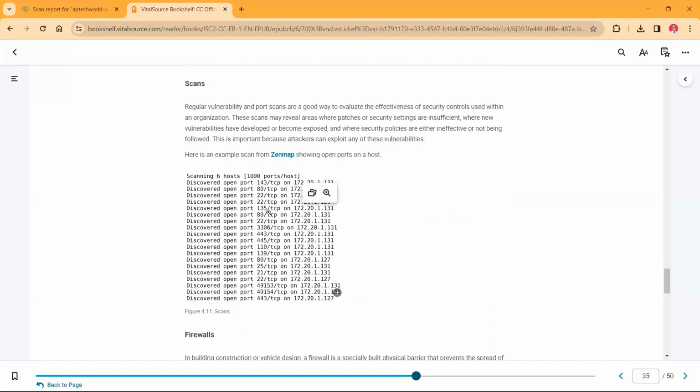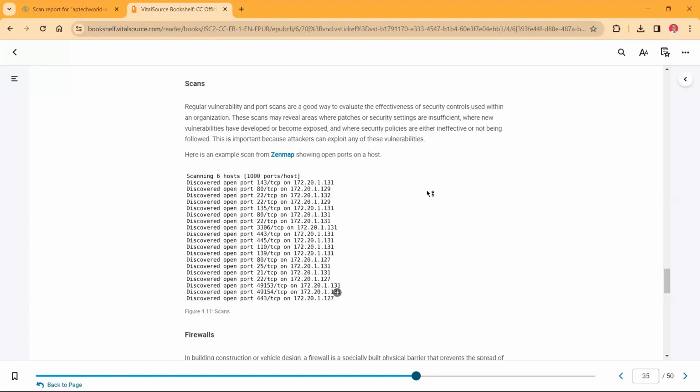We have scans. Like I said, the scan that I wanted to show you the other time will be like this. So, for example, if you want to check if one particular organization is vulnerable to any type of attack, let's say maybe you want to check their database, to see if you can hack them through their database, you just find the IP address that is mapped to that database. For example, say that IP address is